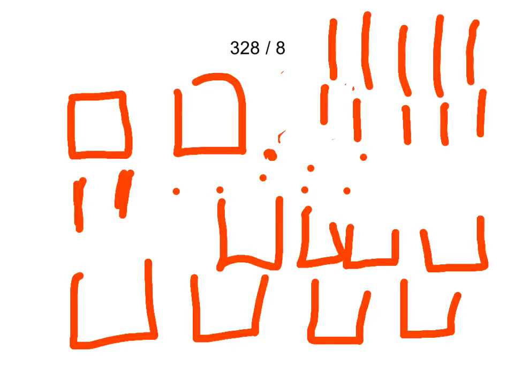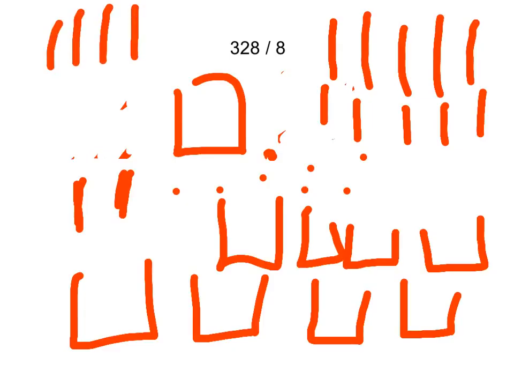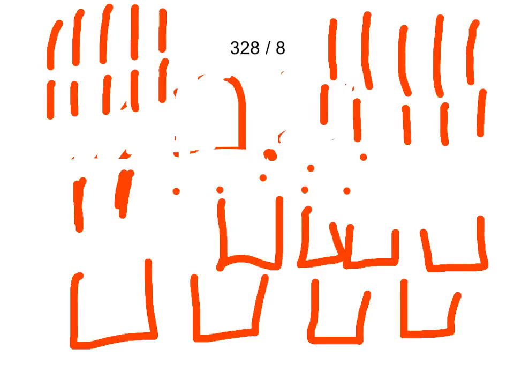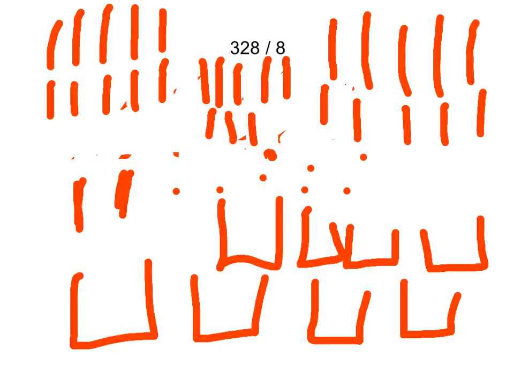So erase this. And then write 10 rods. 1, 2, 3, 4, 5, 6, 7, 8, 9, 10. And then you move on to the last 100 and draw 10 rods. 4, 5, 6, 7, 8, 9, 10. So now you have 12 rods in total, and you have